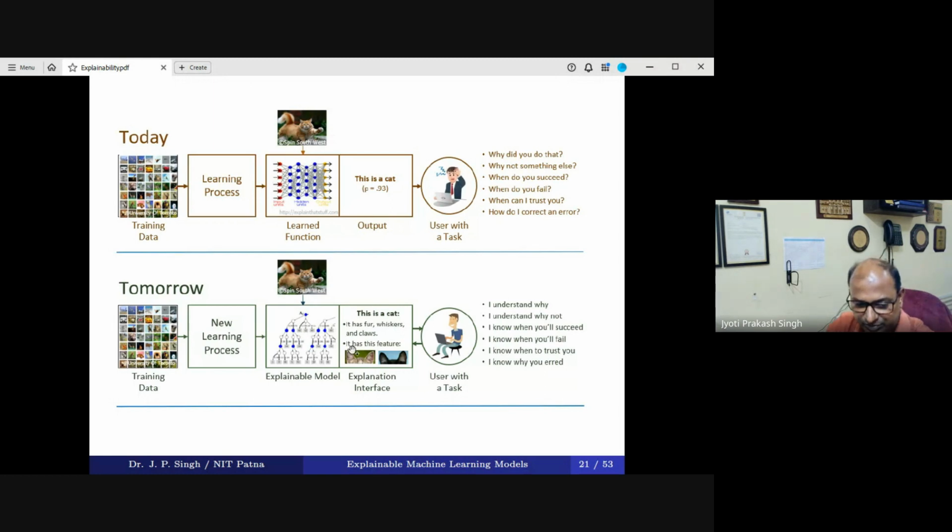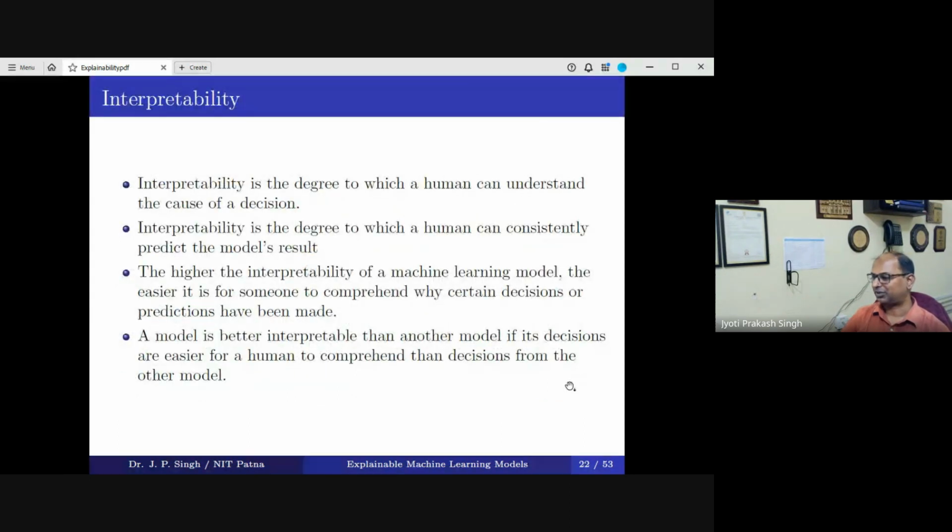Okay, so this is what we want. I hope I have set the tone for why we need explainability. Now I'm coming to what interpretability and explainability are, and how to achieve that, how we can add those layers into our existing machine learning models. Obviously we are not going to throw out,